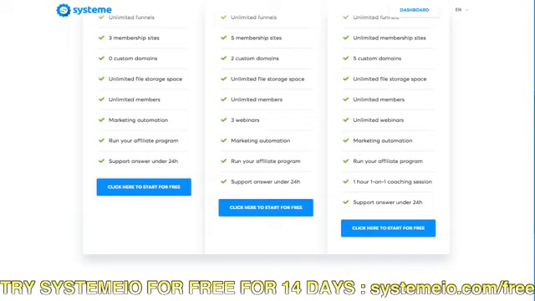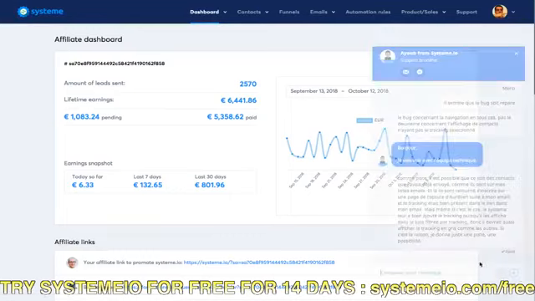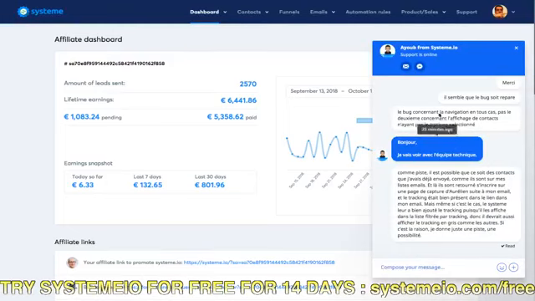I am a customer of Systeme.io, and so I'm also an affiliate of Systeme.io. So here is my affiliate dashboard, and you can see at the bottom right, here you have a chat, and you can open it, you can ask your question, and you will chat with someone right away, someone from the team.